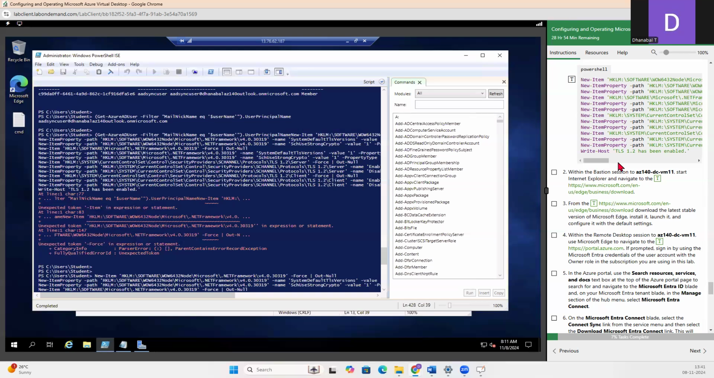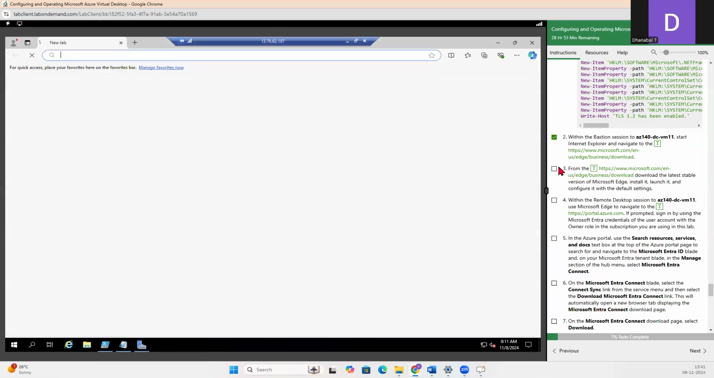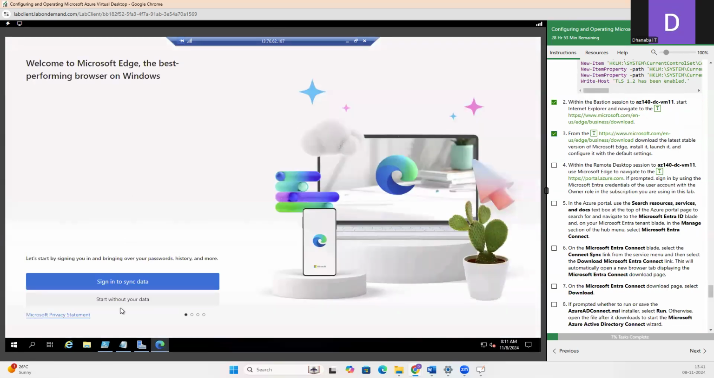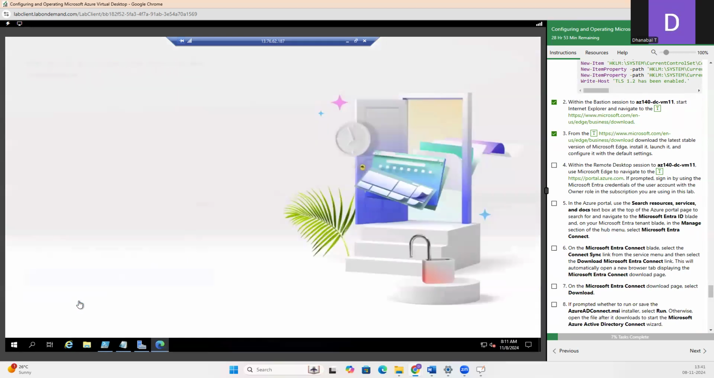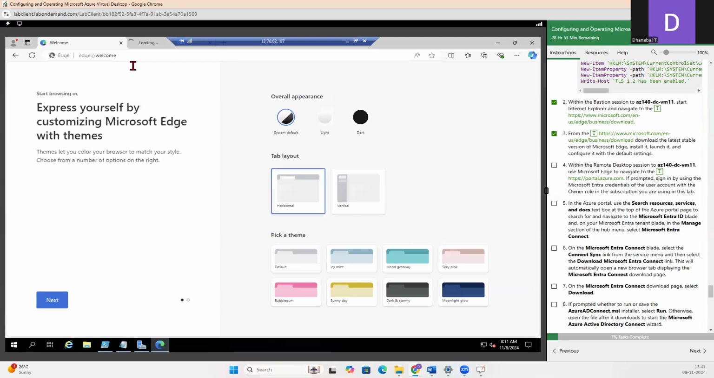Okay, fine. Now next is this in the Bastion host session, but we have a direct session to this DC machine. In the DC machine, we need to install Microsoft Edge. But anyways, we already have that Microsoft Edge so you can skip the first two steps. We can start this Microsoft Edge and open